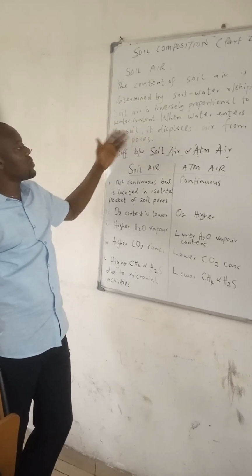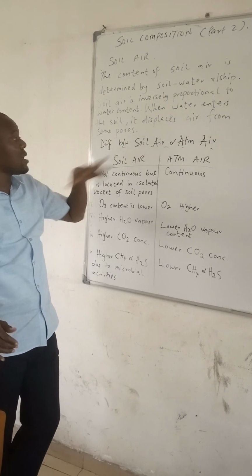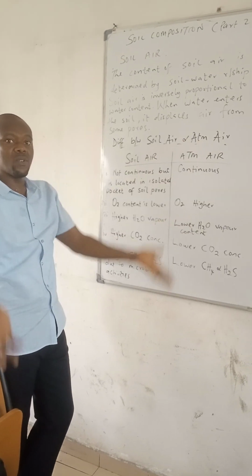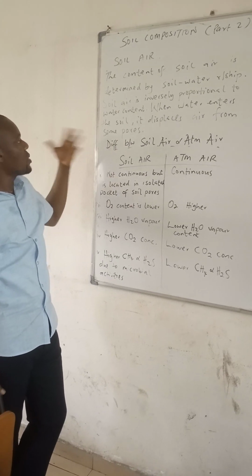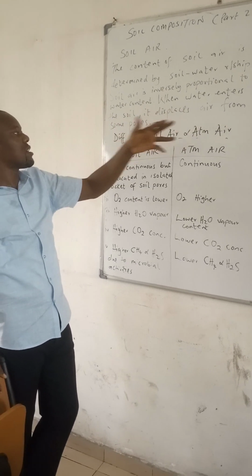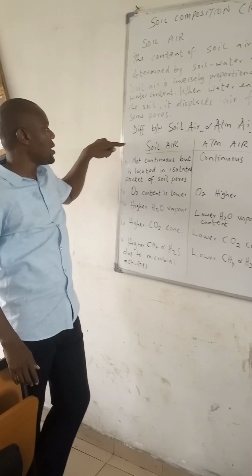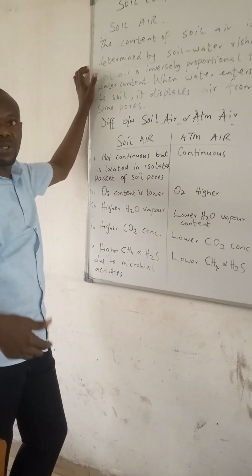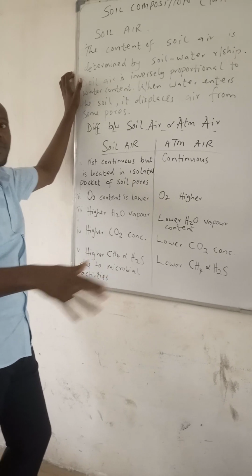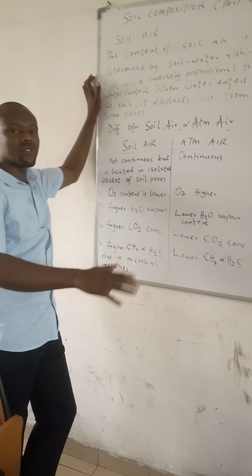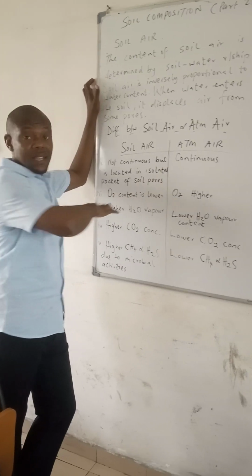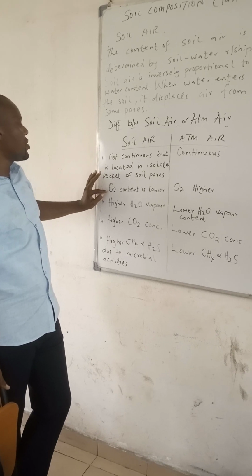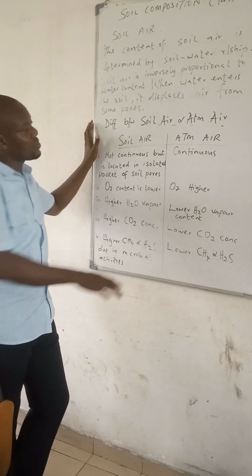Now, what are the differences between the soil air and the atmospheric air? Soil air means the air beneath the soil, inside the soil, whereas atmospheric air is the one we are feeling now. The first one is that soil air is not continuous. It is located in soil pores. There are so many obstructions within the lattice structure of the soil, whereas atmospheric air is continuous. That's the first difference. Another one is that the oxygen content in soil air is lower compared to that of atmospheric